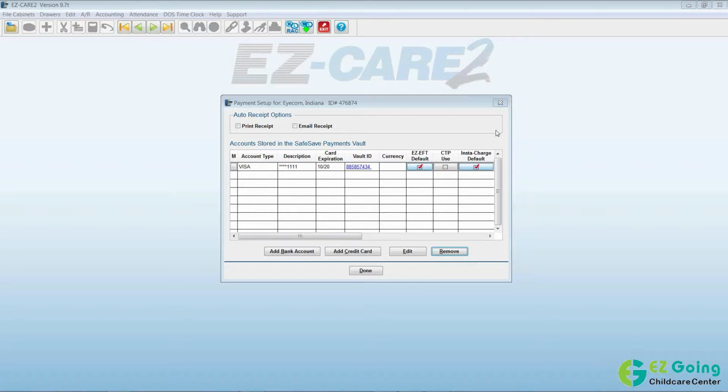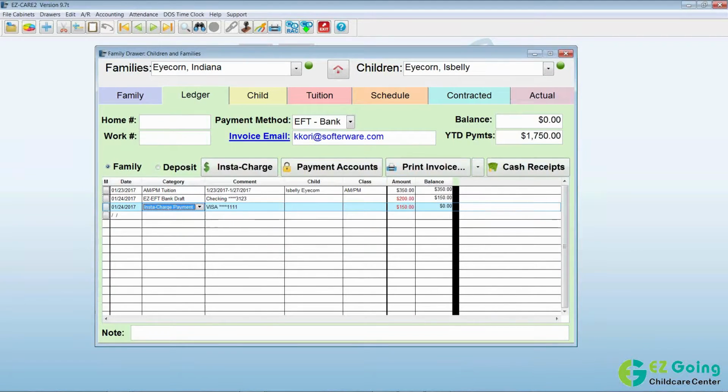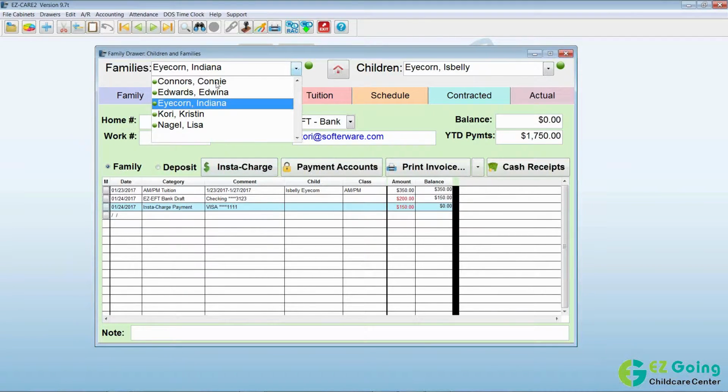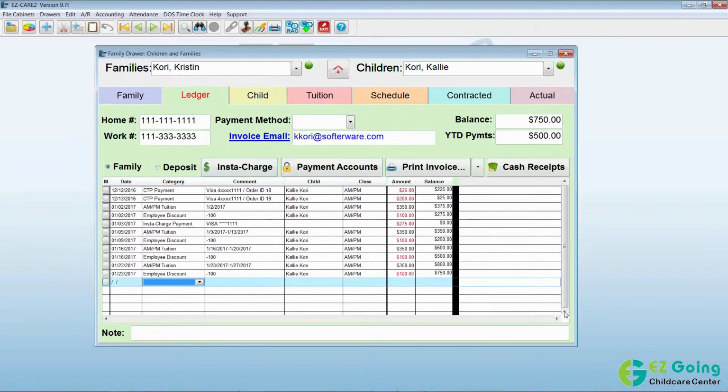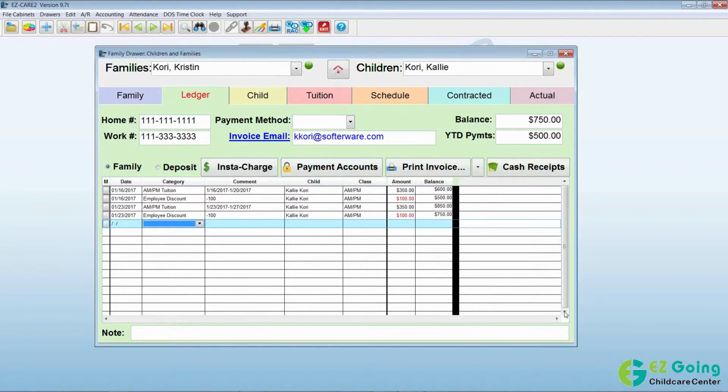And then you probably have some families who didn't feel comfortable with EFT, and so they were sent an invoice to make a payment through your click-to-pay form. And so then that's a scenario where your families initiate the payment. So let's take a look at that. I'm going to go look at Kristen Corey, who has a balance